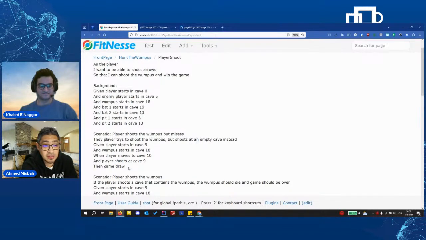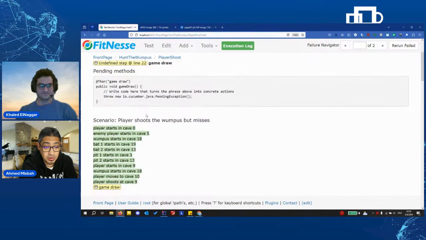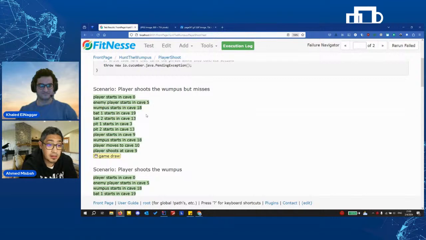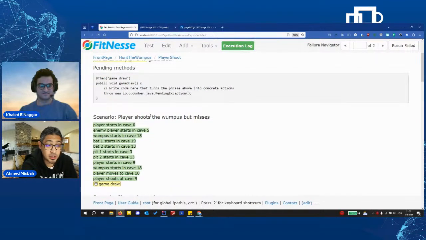And you've seen that when Khaled was adding new scenarios to the feature file or modifying them, he didn't need to modify any code because the fixtures have already been written, or the test definitions, step definitions have already been written.